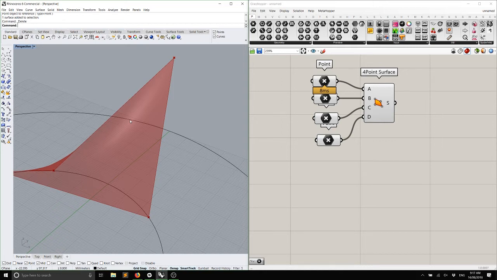Okay, so we're going to be using this concept called a ruled surface, and basically a lot of the materials that we use in construction can only really achieve a ruled surface. So a really good example is paper. So if I've got a piece,